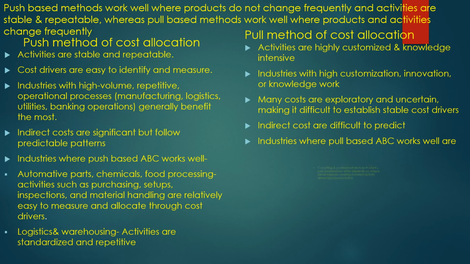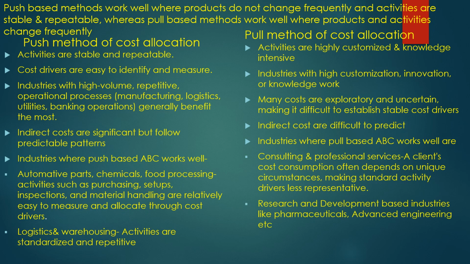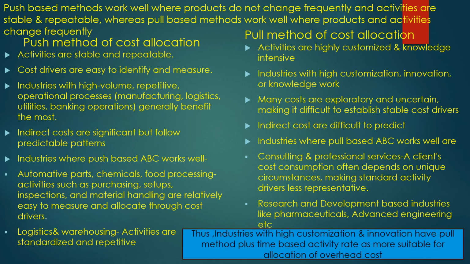Industries where pull-based ABC works well are consulting and professional services, where a client's cost consumption often depends on unique circumstances, making standard activity drivers less representative, and research and development-based industries like pharmaceuticals, advanced engineering, etc. Thus, industries with high customization and innovation have pull-based methods plus time-based activity rate as most suitable for allocation of overhead costs. So this concludes this